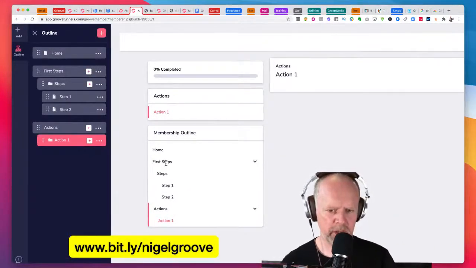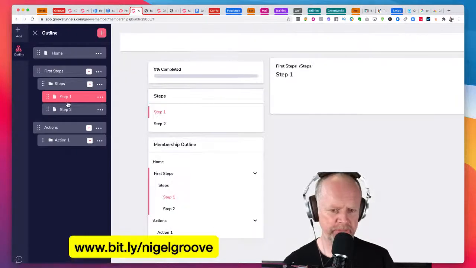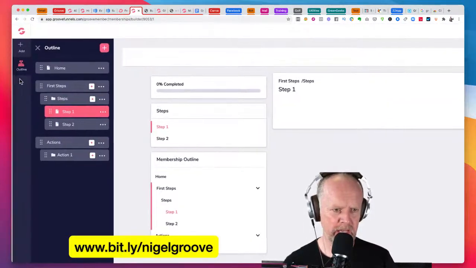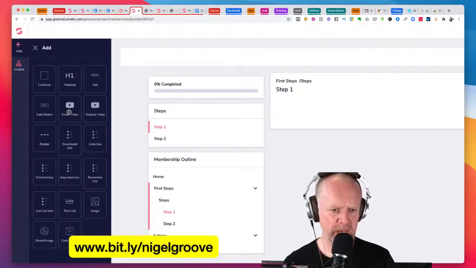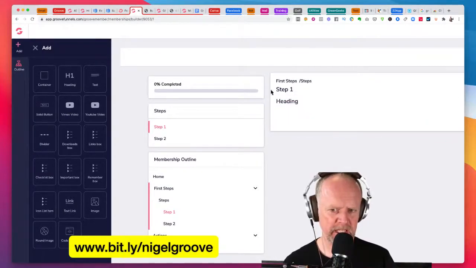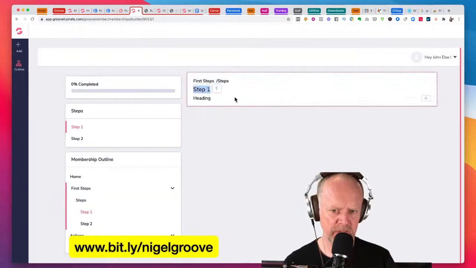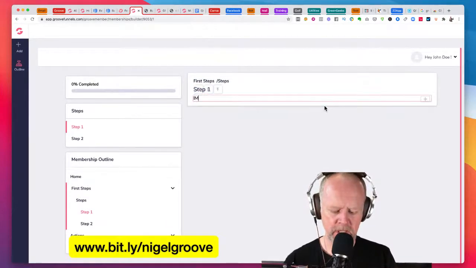What do you want to do though then when you get in there? Well, you want to kind of go into it. So if you go into the step, just click on it. And then what you can do over here, you've got the box, and this is where you come in and put the add bit. So say you had a heading, you can put a heading in there, and then you can edit this heading, and it would be, you know, can't spell,